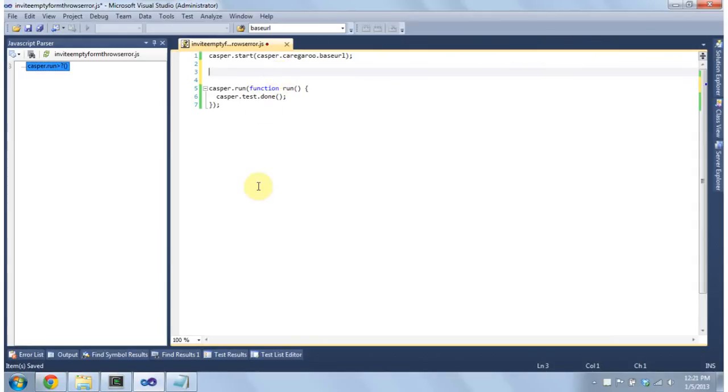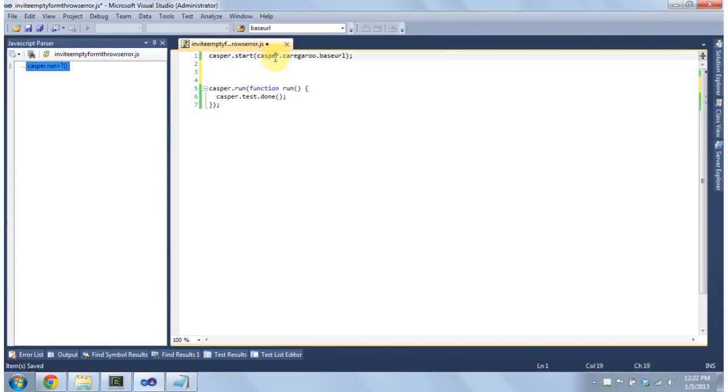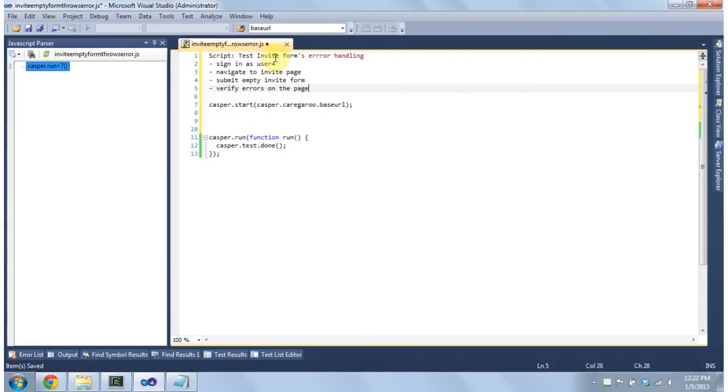And then I'm actually going to copy over the script that we're going to automate and just comment it out. Now we can pretty much fill in all the steps that we're going to be doing using the Casper's then structure. So we can do Casper then function sign in as user for,